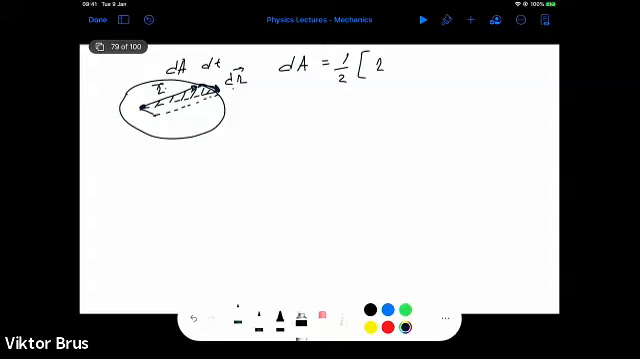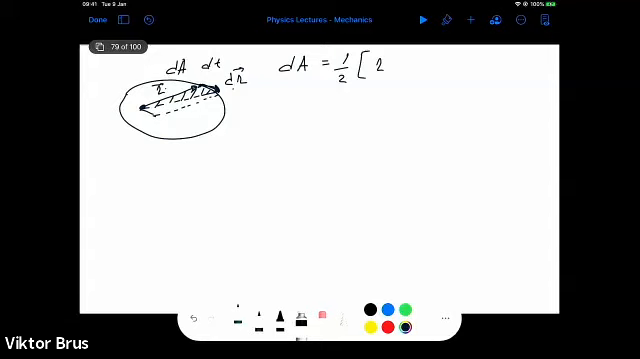Excuse me, please. Oh, finally. Okay, so this area, which is swept by the radius vector r, dA, is equal